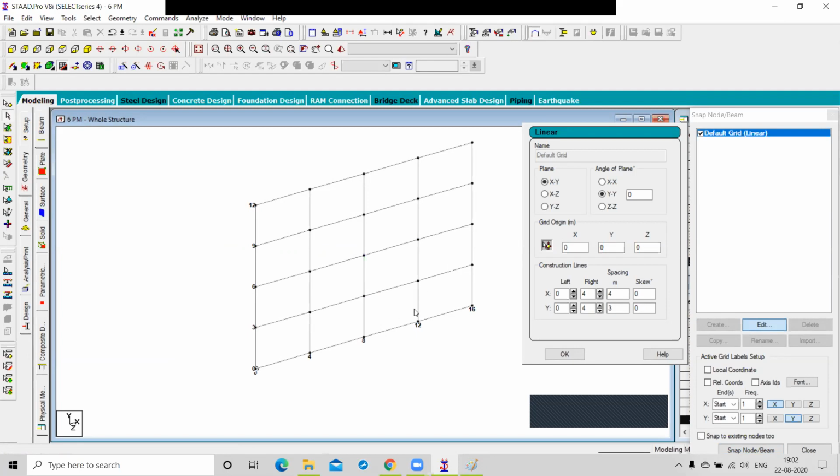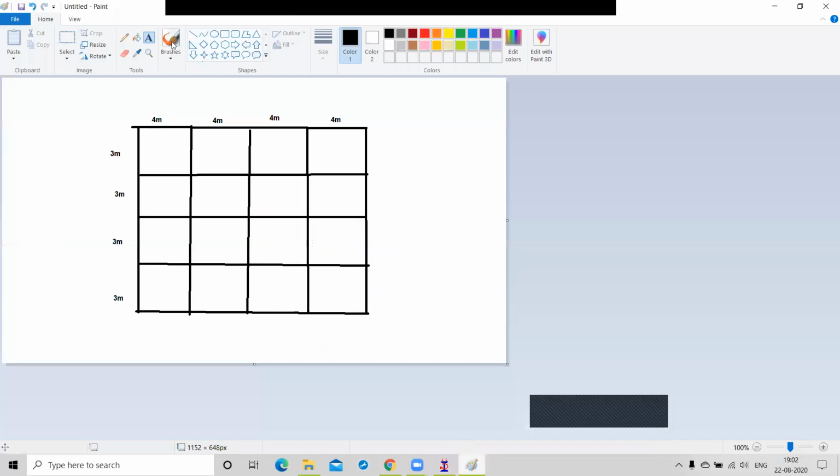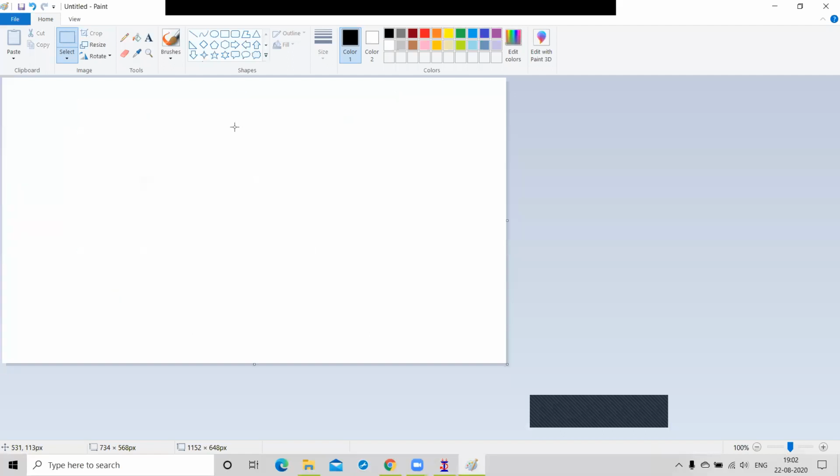Okay, the next method was the coordinate method. You just draw the triangle which we drew yesterday like this, right?